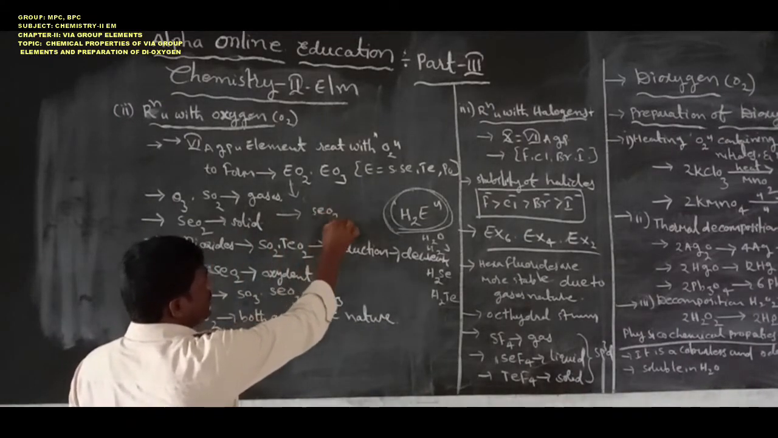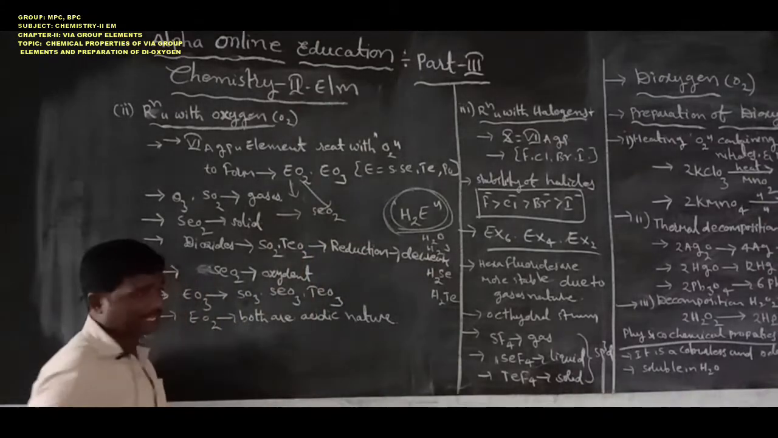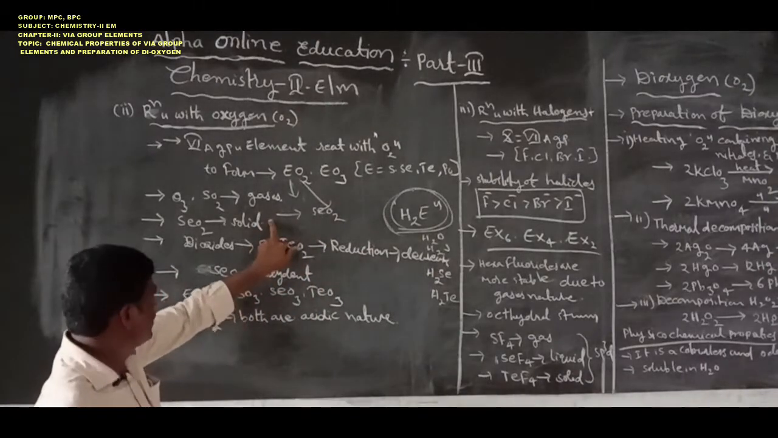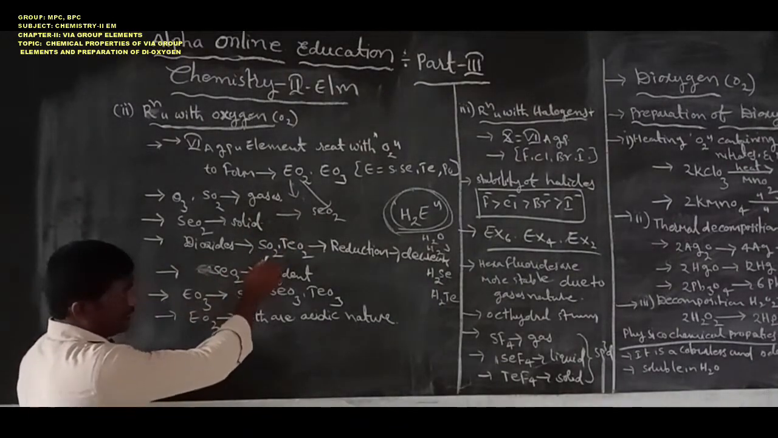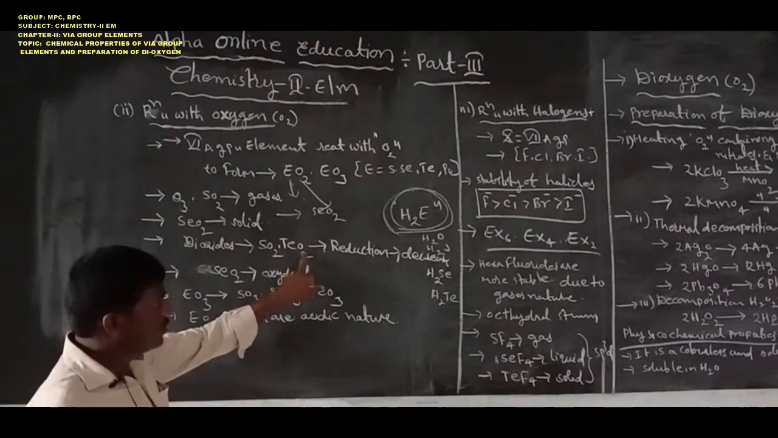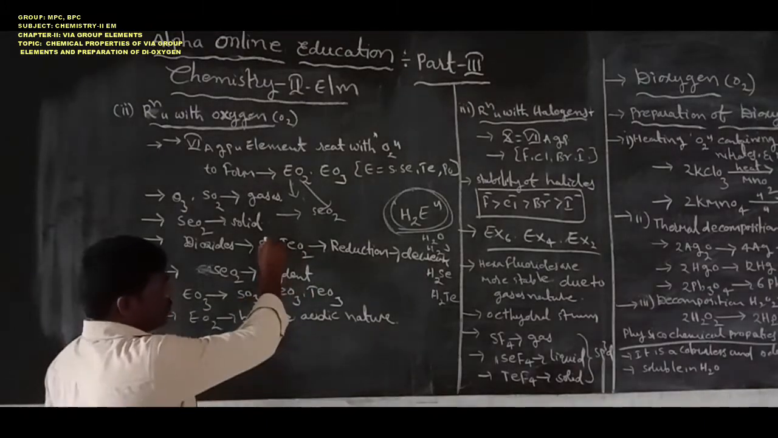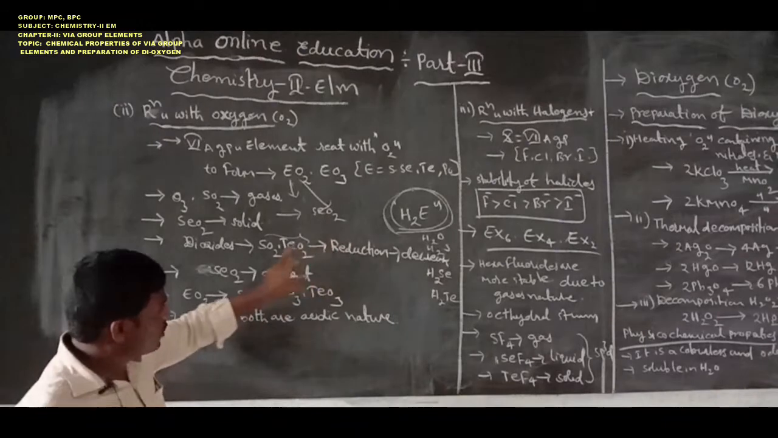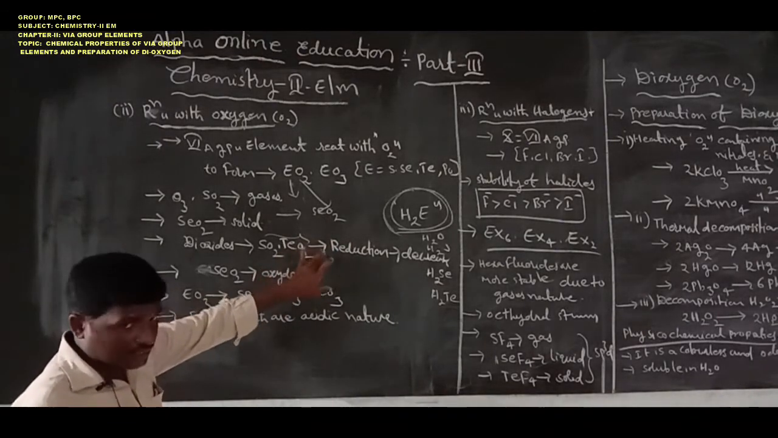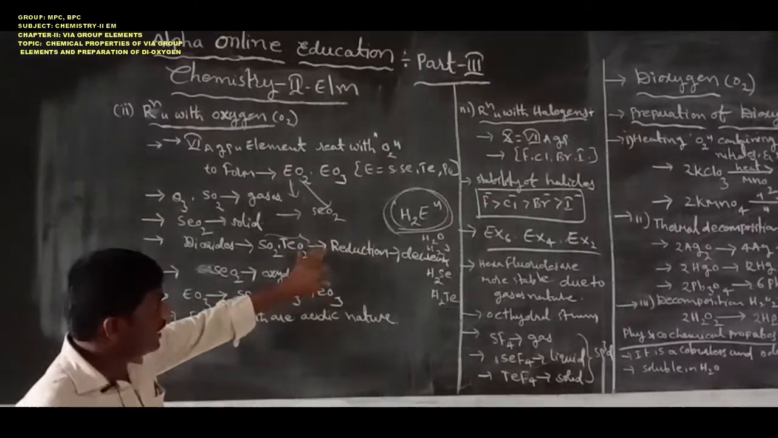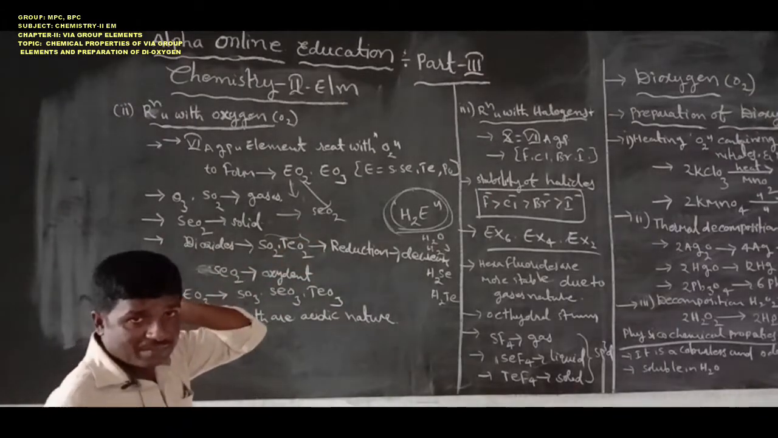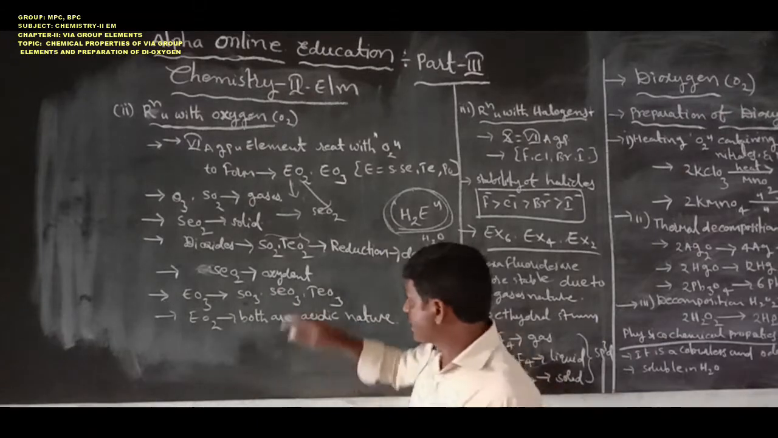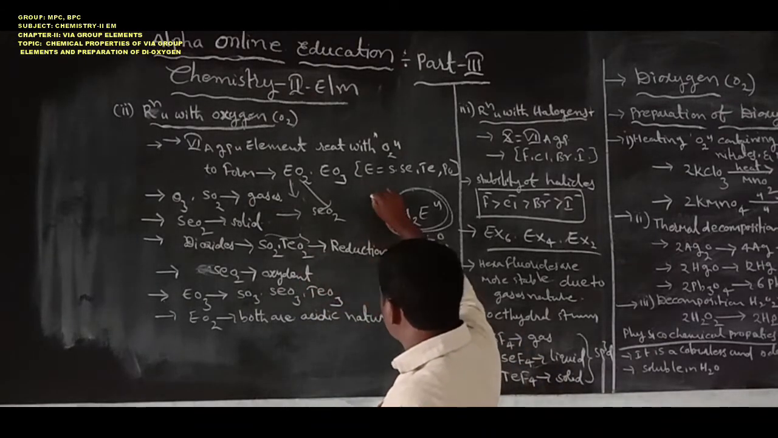Remaining, selenium dioxide is also an EO2 type of dioxide. Selenium dioxide is a solid. Remaining are sulfur dioxide and tellurium dioxide. Those two compounds have reducing nature. Reduction means the addition of hydrogen or removal of oxygen. The reducing nature, going from top to bottom,